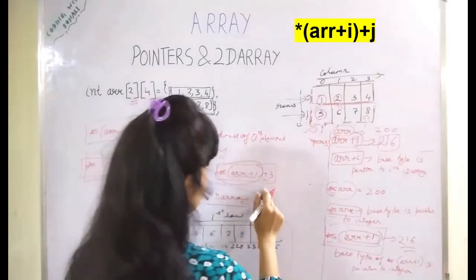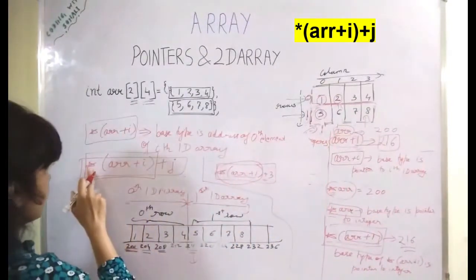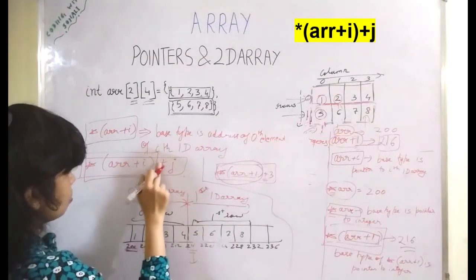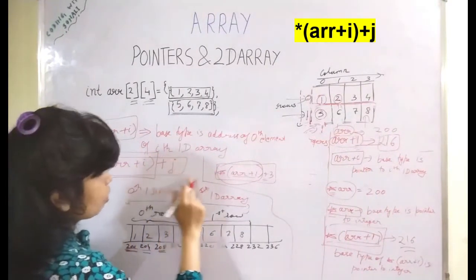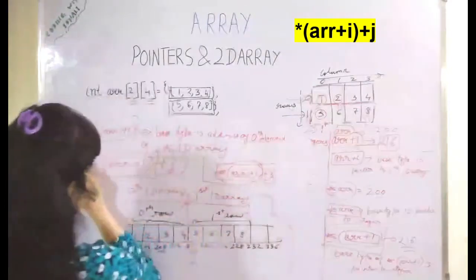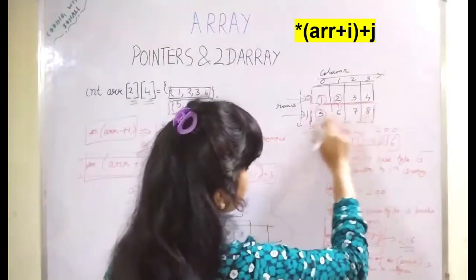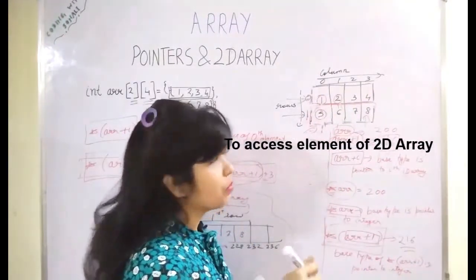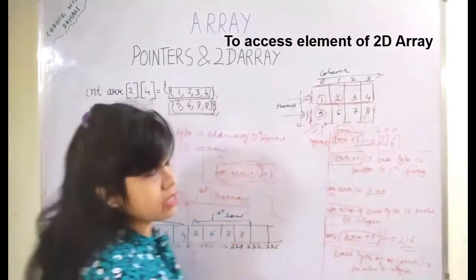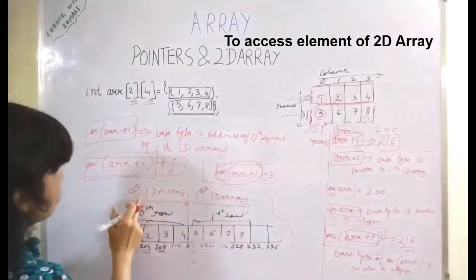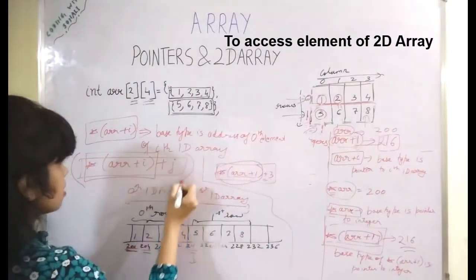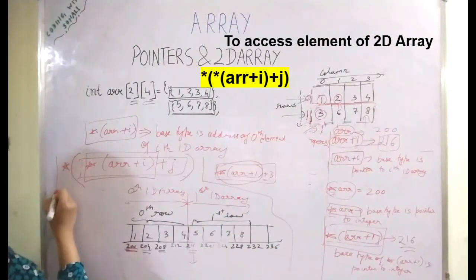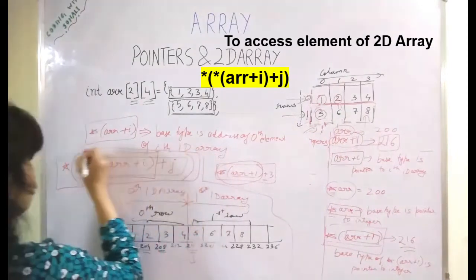So that is the reason, to make it generic, I have done it like this: *(ARR + i) + j. Depending upon which element address you want, j varies. So this whole expression will give you the address of the element which you want. Now if you have to access the element, we have the address of the element, and simply I will use on top of this the dereference, one more star, the final expression to access the array element.